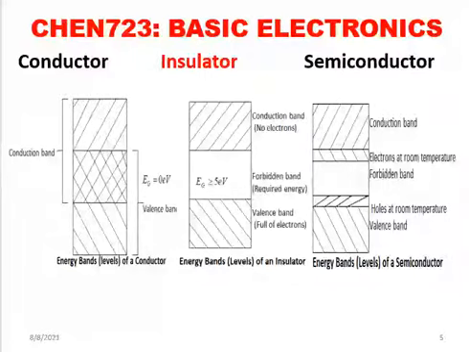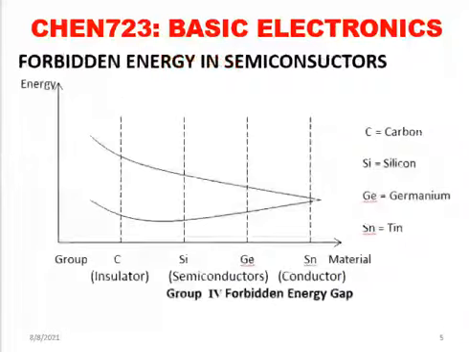The last one is our semiconductor, and you can see also here we have our conduction band at the top, we have the valence band below, and in between them we have the forbidden band. And you can see the width, the size of the space, is much smaller than that of the insulator. So for this reason, we need a smaller amount of energy to break the electrons from the bonds and push them into the conduction band.